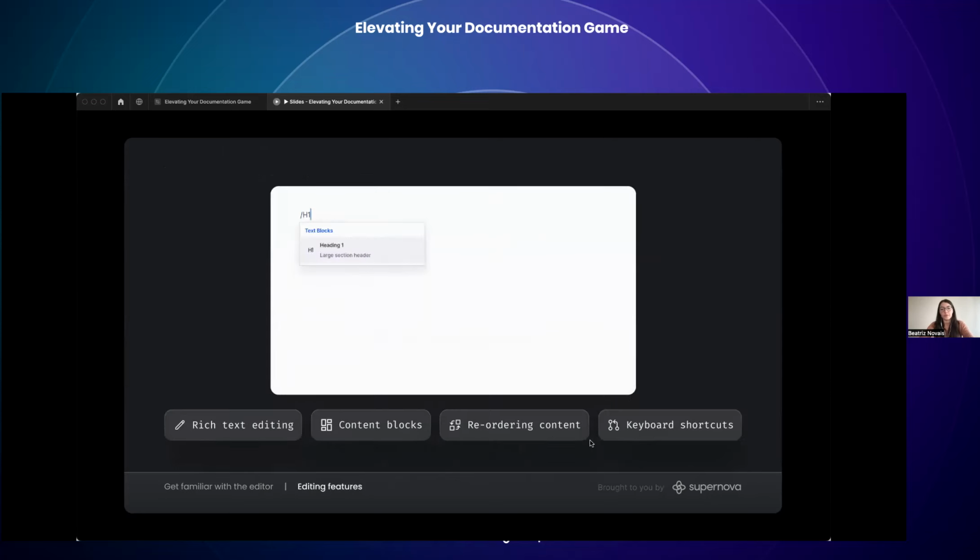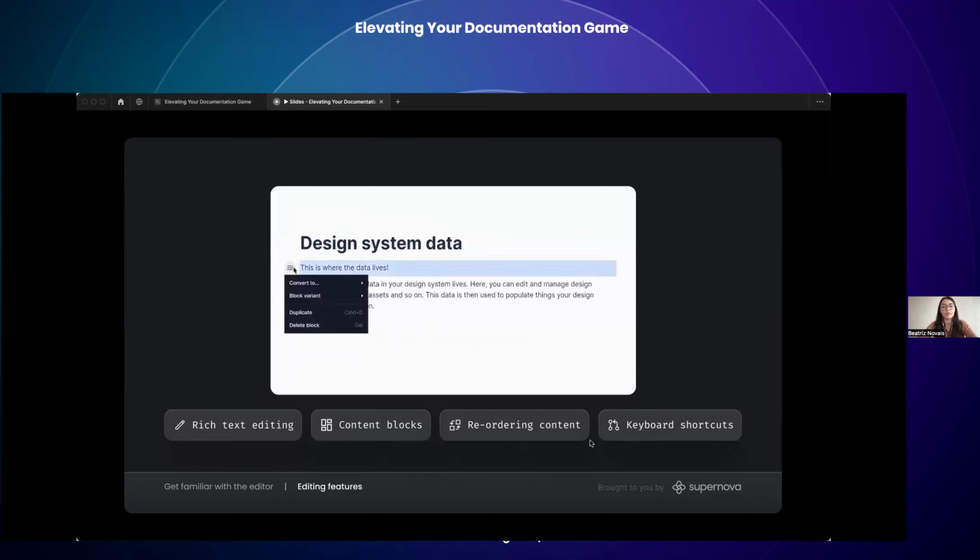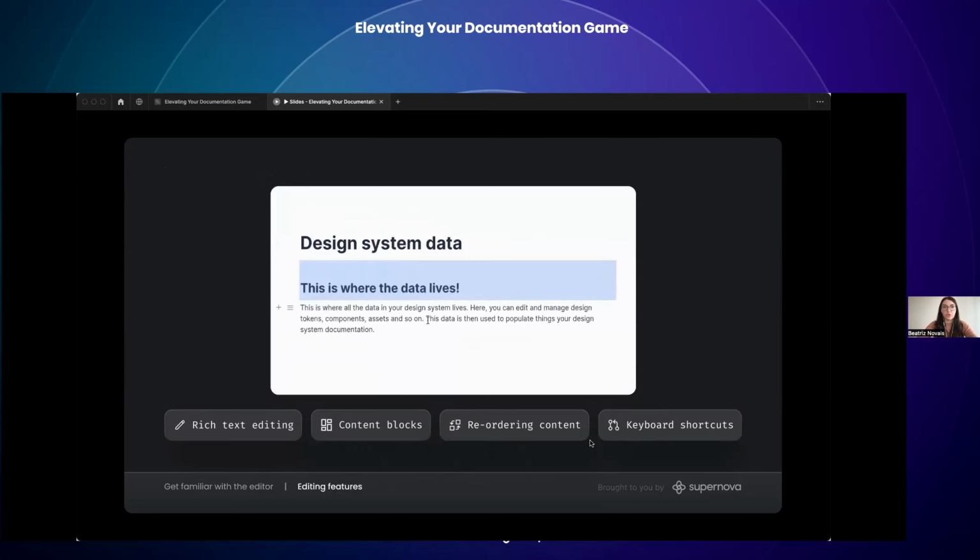We offer you a lot of editing capabilities. We offer you rich text editing. Again, the blocks for your content. You can reorder your content however it makes more sense for you, even at the block level or at the architecture level. And our editor has keyboard shortcuts that you can use for a better editing experience